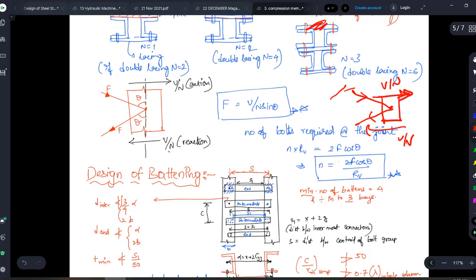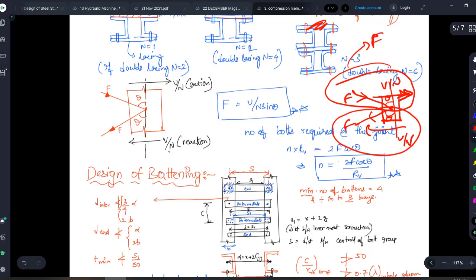So you can clearly see the force, whatever is there, with respect to vertical, the angle it is making is theta, as I have told earlier. So what is the force? If you are seeing these two or these two, it is up to you. It looks symmetrical, right? So you can solve any one of it, not at all a problem. F sin theta, what will it be? The horizontal component comes, right? So F sin theta should be equal to the horizontal shear force acting there. So F sin theta is equal to V by N.